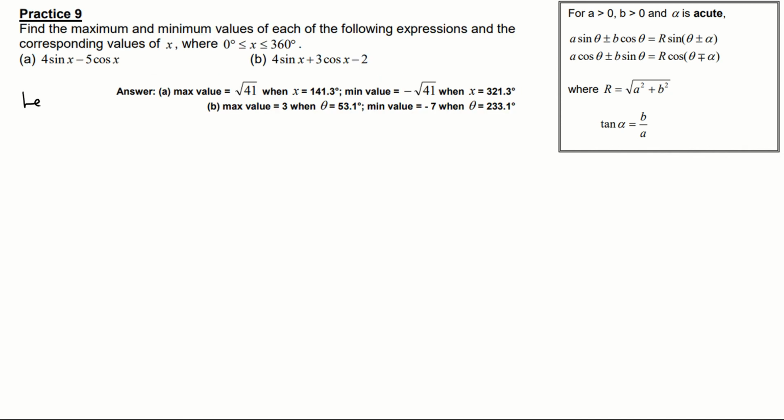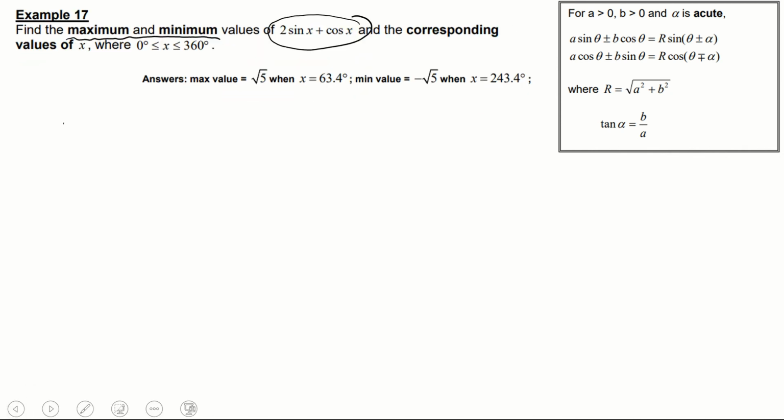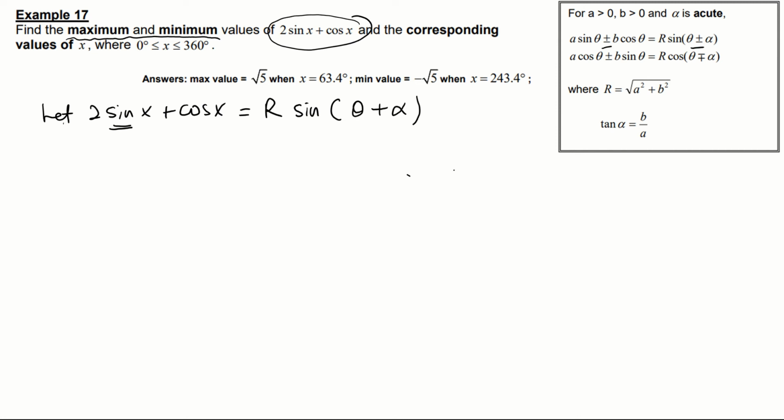So I'm going to start off by letting 2 sine x plus cosine x equal to r. Since it's sine, this will be sine, and then remember, for sine we follow theta plus alpha. Now the question is given in degrees. So I'm going to find r: 2 squared plus 1 squared, and that gives me square root 5. And then for tangent alpha, it will be 1 over 2 in degrees. So your alpha will be